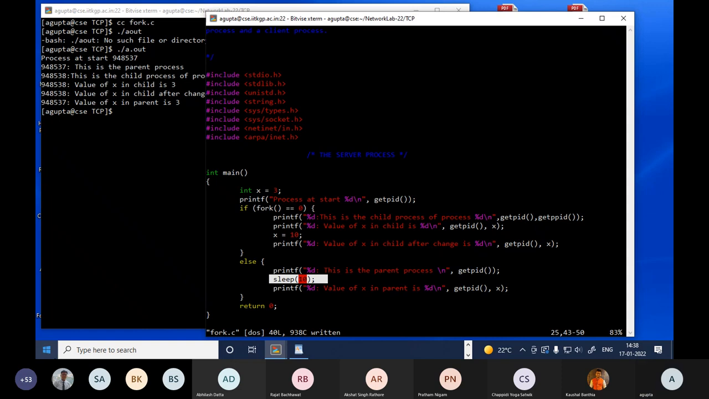Child has returned, but the parent is still sleeping. The parent wakes up and prints the value of x. It's still 3 because it has got a copy. The child's change to x equal to 10 has not affected it at all. If that is clear,